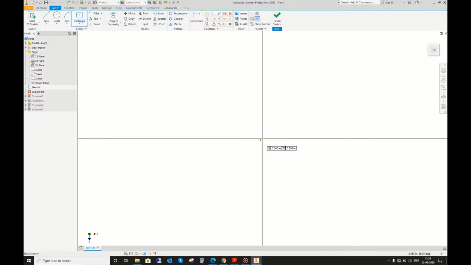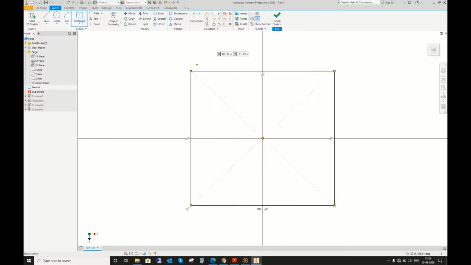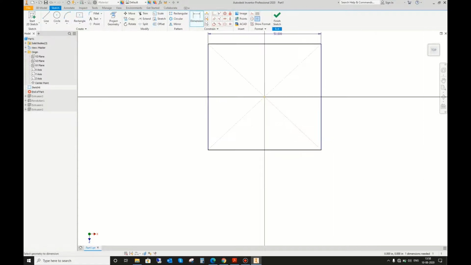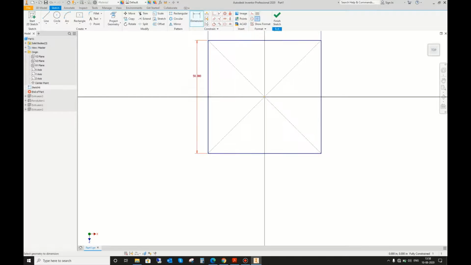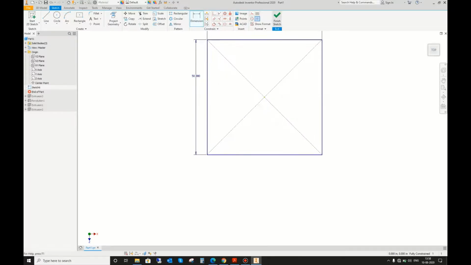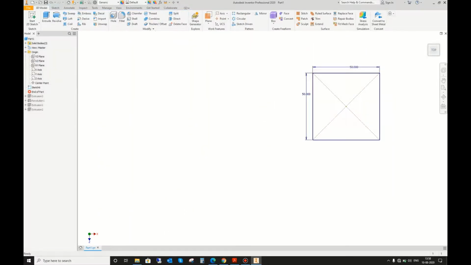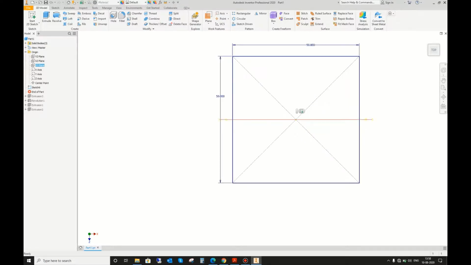We will keep it simple and make a rectangular path only, 50 by 50. So this is the path. Then we will select a plane which is located on any line of the path sketch, and we will start sketching.